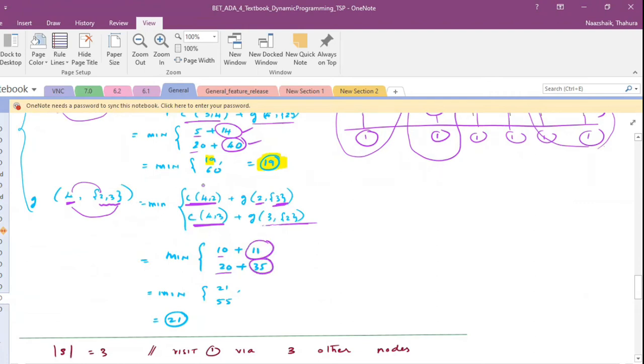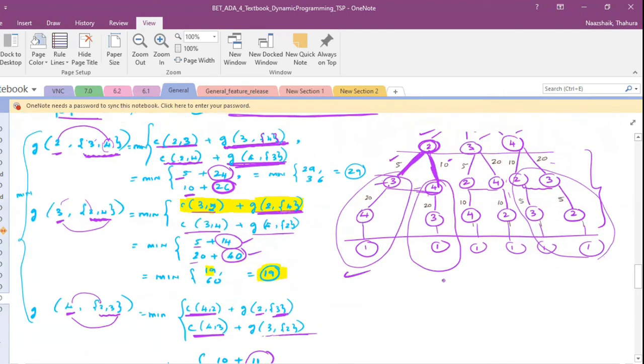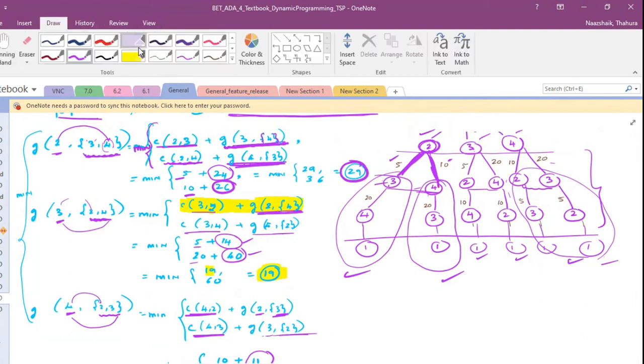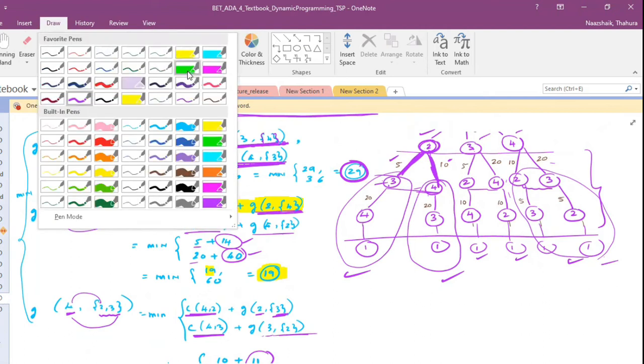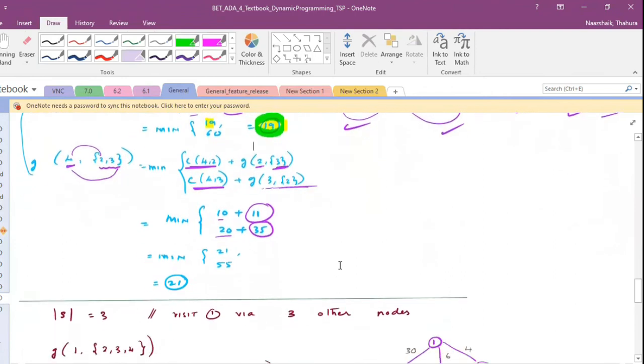So when you solve this, in all these cases, how many paths do you have? 1, 2, 3, 4, 5, 6, right? So you have 6, but at each of these, you have to pick the minimum. So here you have two choices. You pick whichever is minimum, right? So here for B, out of these two, the minimum is 29. And out of these two, here the minimum was 19. And out of these two, the minimum is